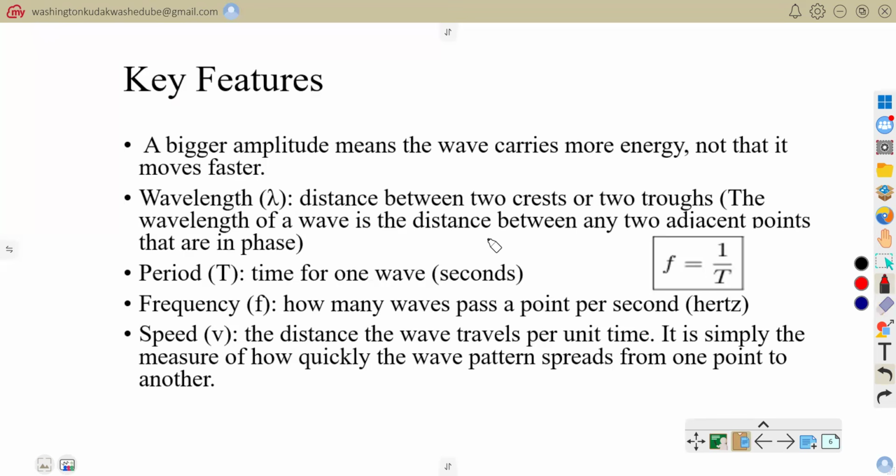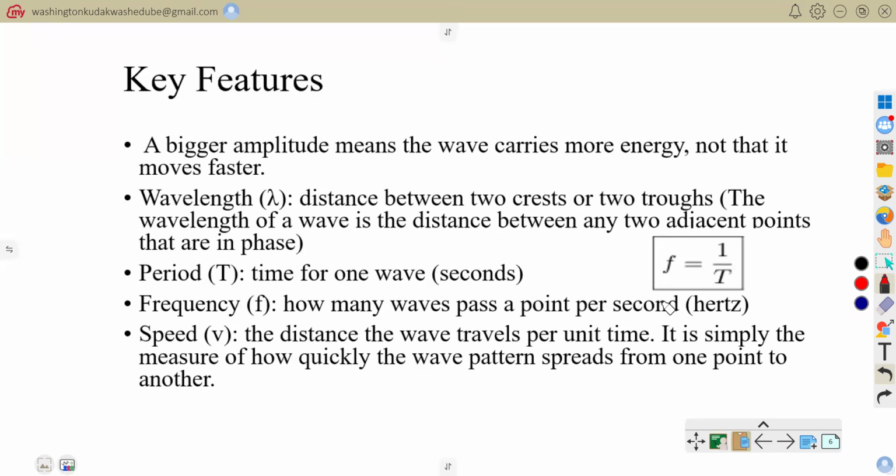So what determines how fast the wave might be moving? This is when we start looking into the distance that is moved by one wave. The distance between two crests or troughs, what we refer to as the wavelength, is the distance in which one complete wave moves. And the time it takes to move that one complete wave is what we refer to as our time period. Now, the number of waves that pass through in 1 second becomes what we refer to as